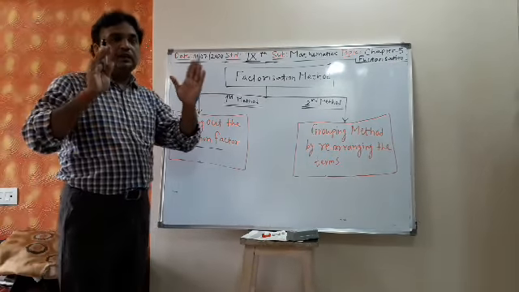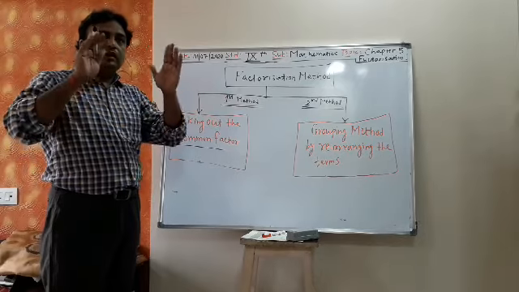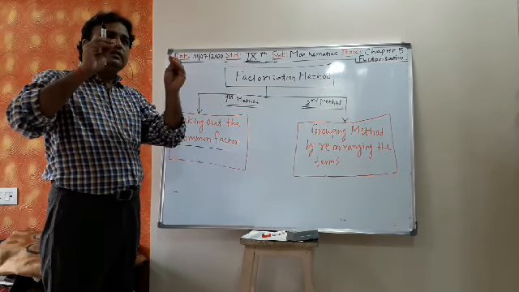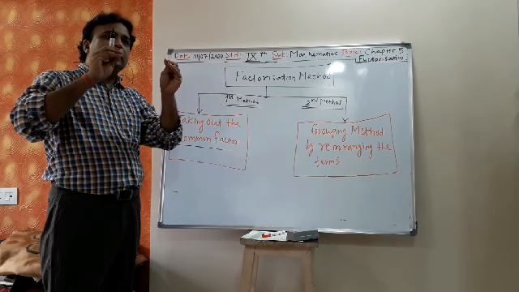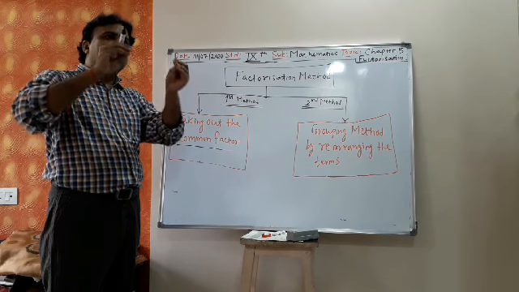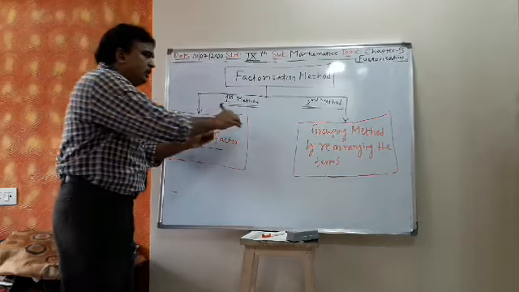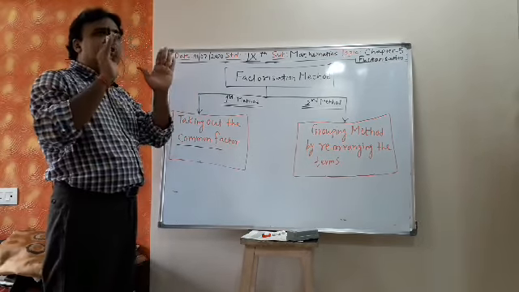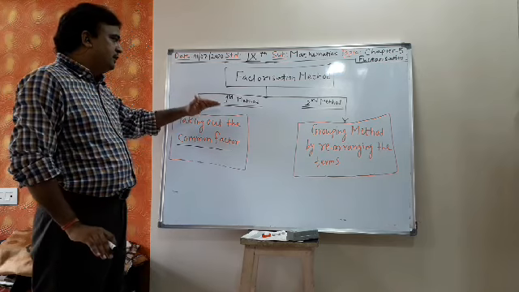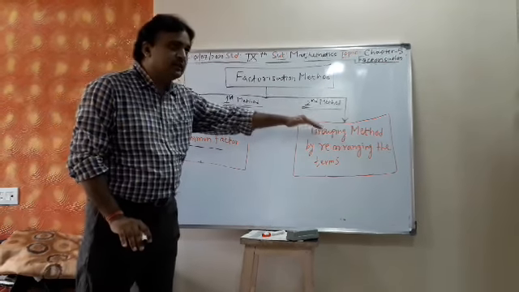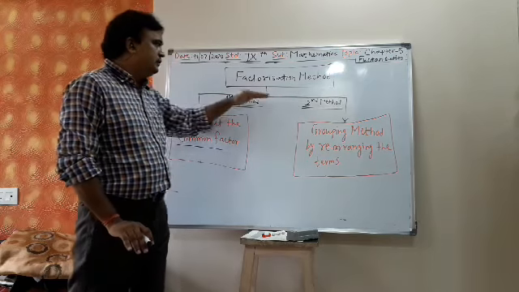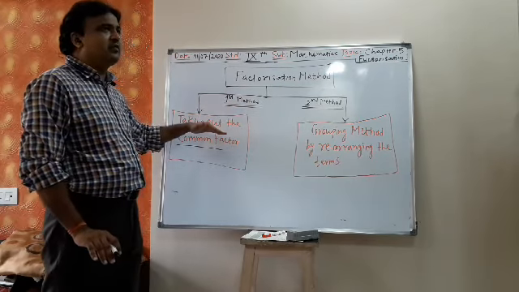See, factorization, in all the problems, first you will apply the first method. Check whether the first method is applicable or not. If the first method fails, then only you will go for the second method. You don't directly go for the second method. You see whether the first method is applicable or not.